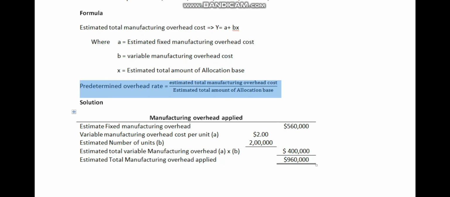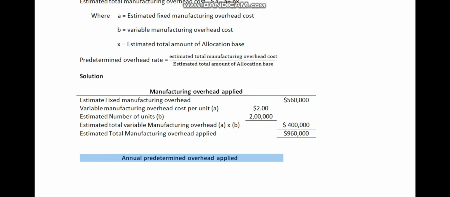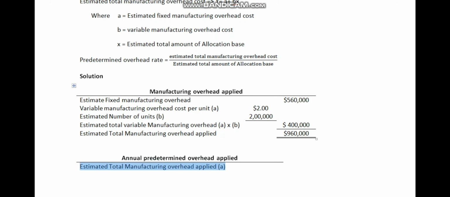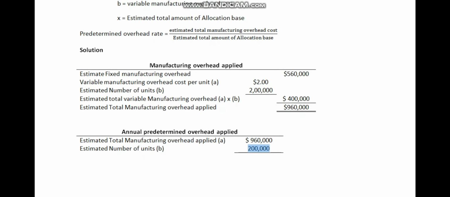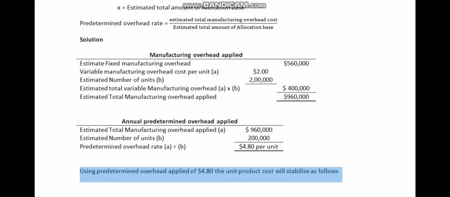Now let's calculate the predetermined overhead rate. The annual predetermined overhead rate is total manufacturing overhead applied, the annual one, that is $960,000, divided by the annual number of units, 2 lakh units. I'm going to divide these two, and I get a predetermined overhead rate of $4.80 per unit. Now this is going to stabilize my unit product cost